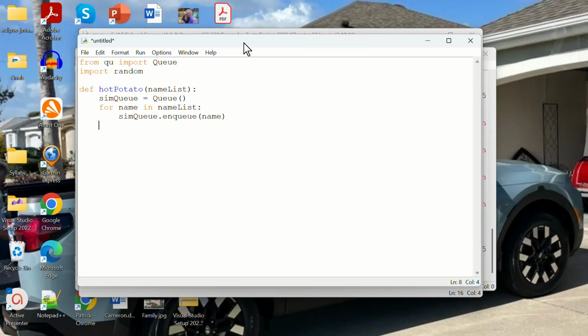So now we're going to back out of that and do a while loop. While simq.size() is greater than 1, num equals random.randint(1, 10). Okay. And then for i in range(num)